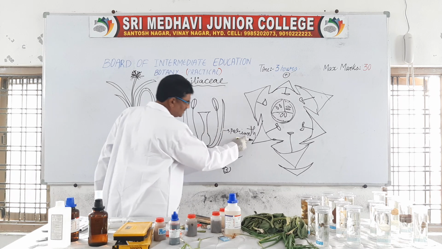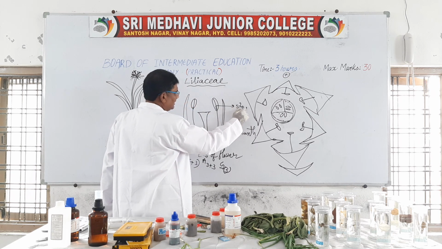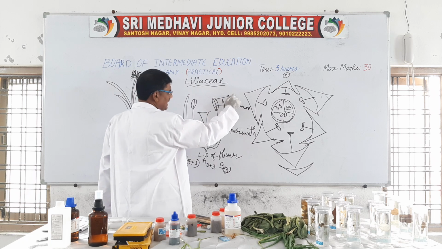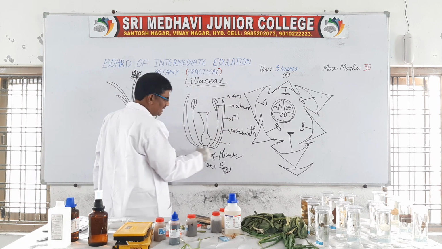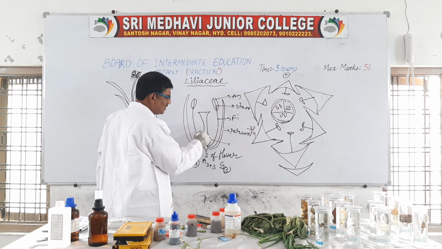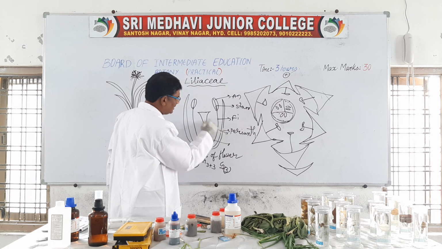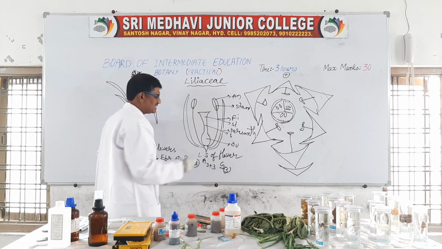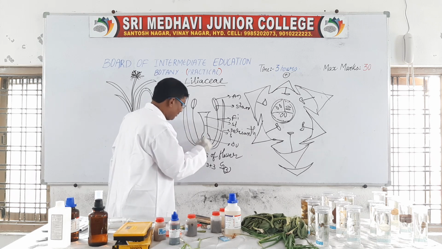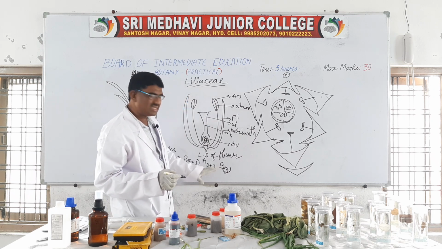For example, first, this is the perianth, and this is the stamen. The stamen consists of 2 parts: this is the anther and this is the filament. Then this is the ovary. Totally, it is called the gynoecium or carpel. The gynoecium consists of 3 parts: ovary, style and stigma. Within the ovary are the ovules. This is the LS of the flower.